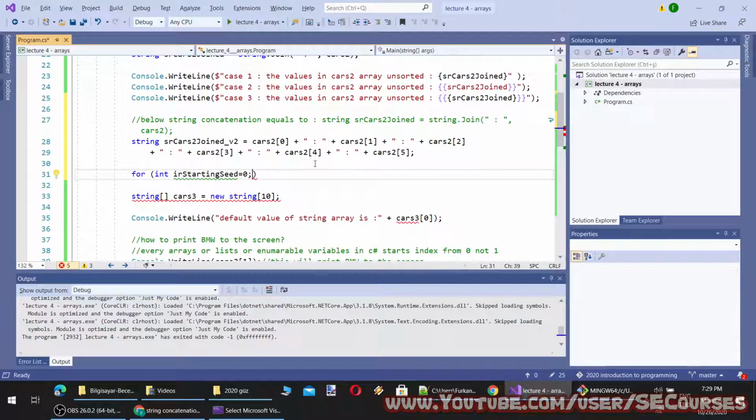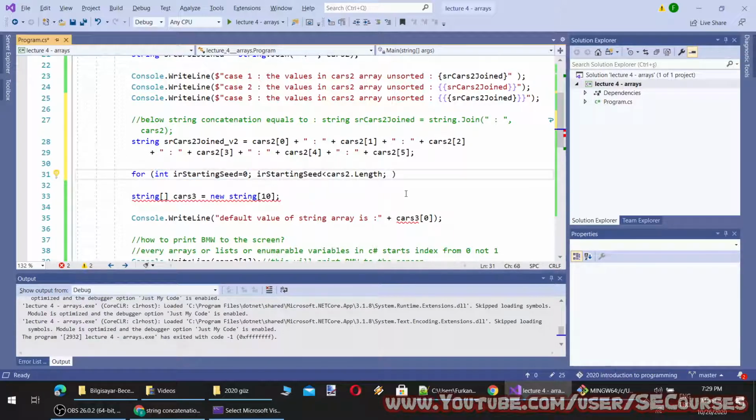And this for loop will loop until I have enumerated all of the elements of the array. So it will be like this: Length. And I am putting a semicolon after each definition.